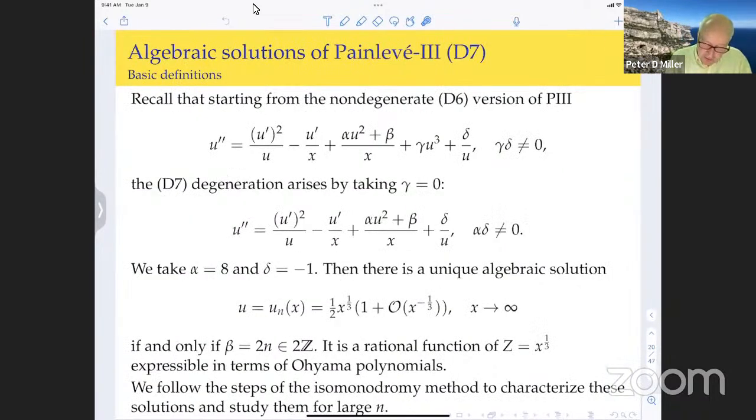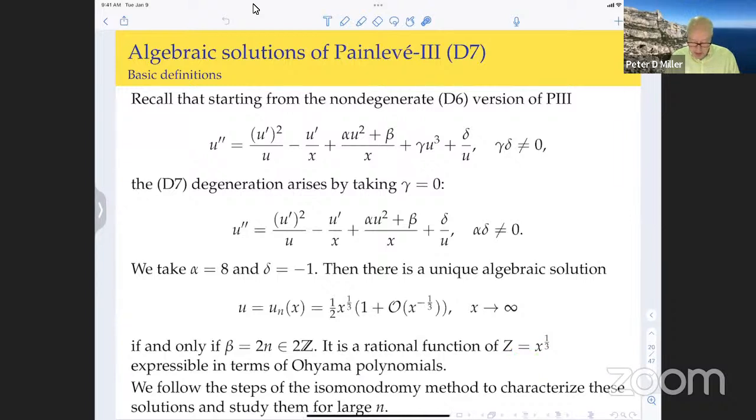So let's recall, if we start out with this non-degenerate D6 version of Painlevé-III, we take gamma to be 0 to get down to the D7 form, and then we should assume that alpha times delta is not equal to 0. And as we said, to fix some connection with the literature, we're going to choose alpha to be 8 and delta to be -1 without any loss of generality by some scaling. So then there's a unique algebraic solution that has the behavior of 1/2 times x to the third plus small as x goes off to infinity for every single n. And that happens if and only if beta is 2 times n. n is an integer here. It's a rational function of x to the 1/3, and we can write it if we want in terms of